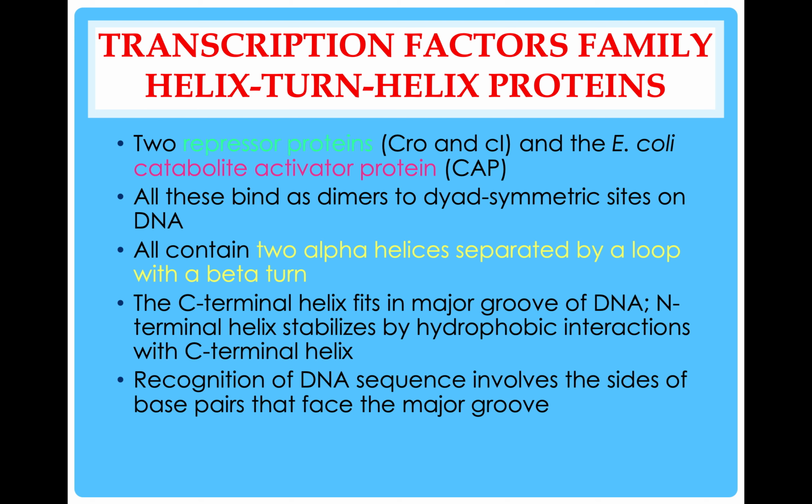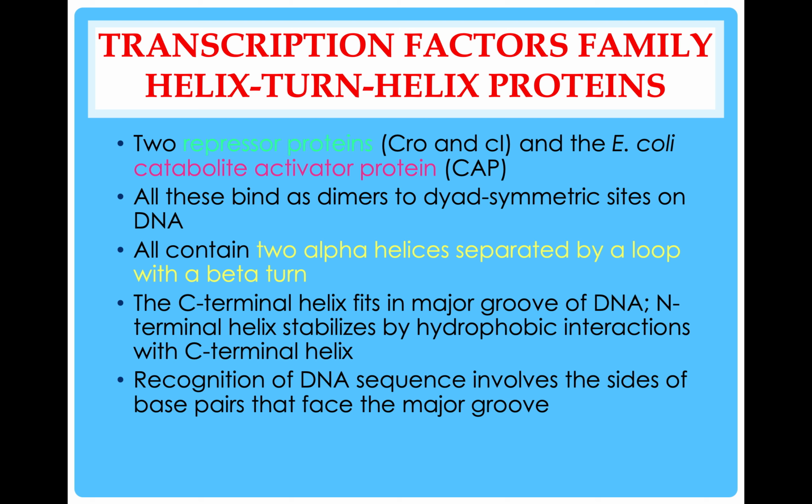It's actually quite easy to remember, right? There are only 3. It has 2 repressor proteins, Cro and CI, and the E. coli catabolite activator protein, CAP. Remember the CAP again in your prong? All these bind as dimers to dyad symmetric sites on their DNA, and all of them contain 2 alpha helices